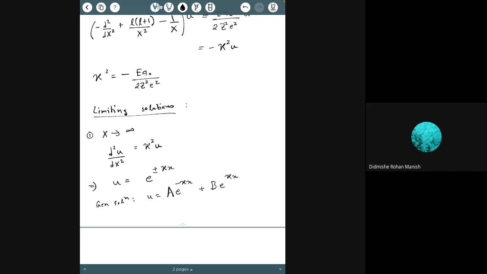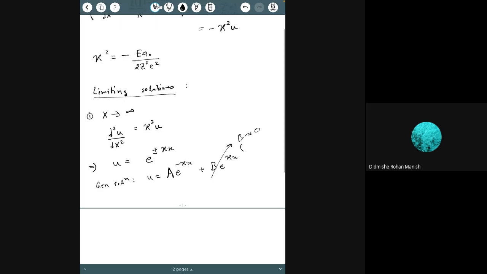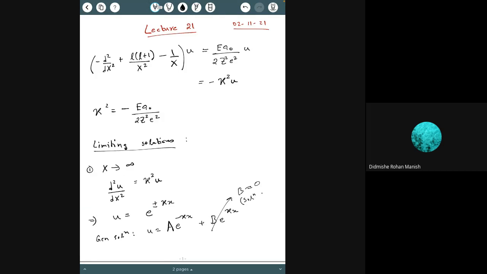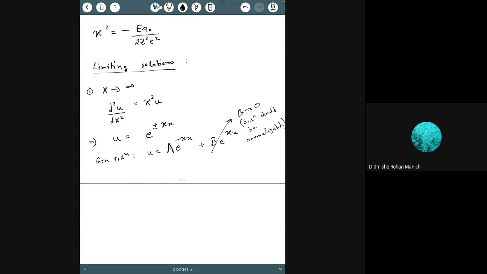This is the general solution, and then since we want it to be normalizable, like I was saying, you say that this is not a valid solution. You only take the capital B equal to 0 part of it. We want the solution to be normalizable. It's a similar argument from before. So this is one limit. Then the other limit,